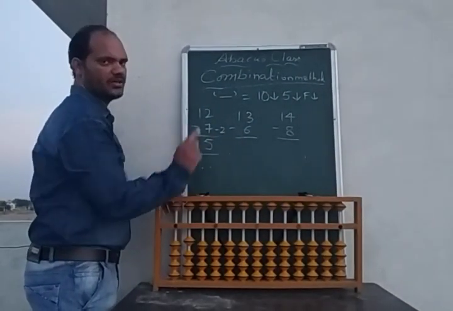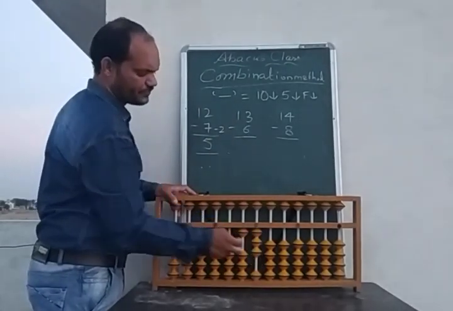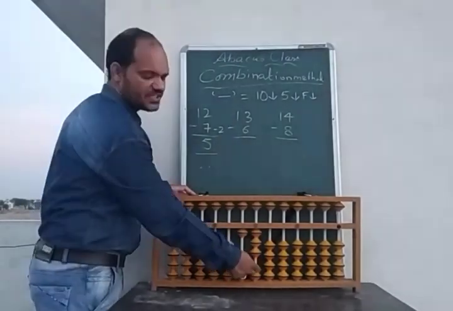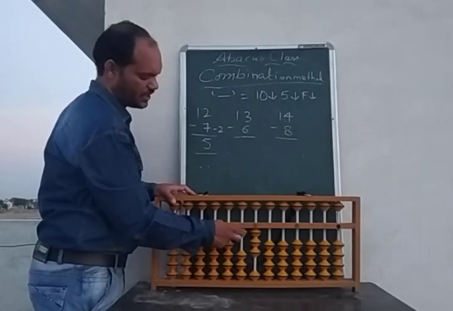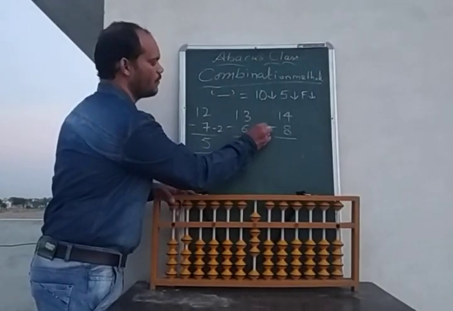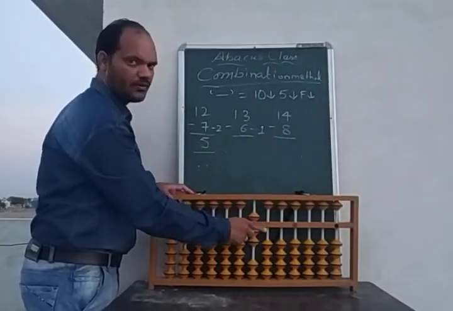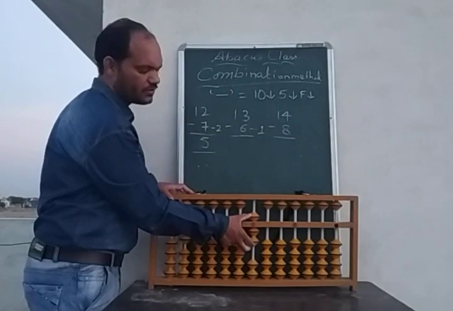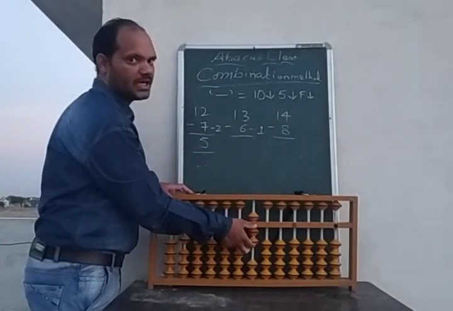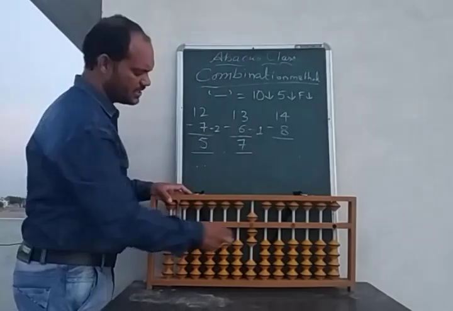One more problem I will explain. 13 minus 6. Now the 6 friend is 4 in big, we can't take. So again here 10 down, 5 down and the 6th friend is 1. So we down 1. 10 down, 5 down, friend down. Now you can see on the stick 1 from up and 2 from down. It is the symbol of 7. 13 minus 6 is 7.